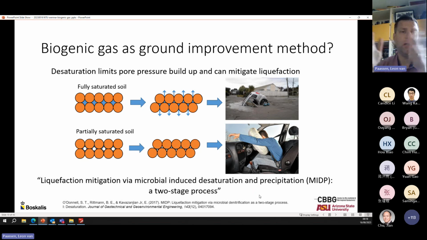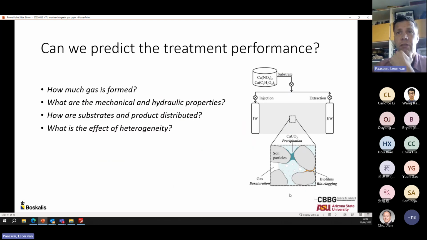This would give an initial resistance against liquefaction, but perhaps the gas would vent away or gradually diffuse away, and then you could apply multiple cycles to eventually have a more stabilized protection against earthquake liquefaction by the precipitation which you would form. So with that in mind, we said, okay, that is a nice concept, a nice theory, but